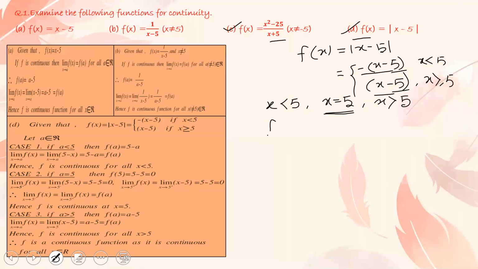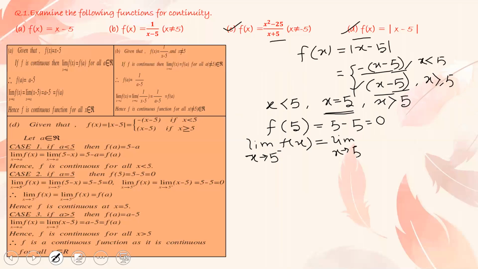So what is f(5)? It follows the second one, that is 5 minus 5, which is 0. Now check its right hand limit and the left hand limit. First the left hand limit, limit x tends to 5 minus of f(x). Now before 5 the functional value is given by the first definition, minus of (x minus 5). So limit as x tends to 5 minus of